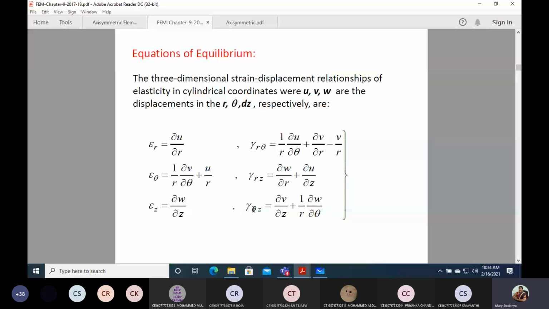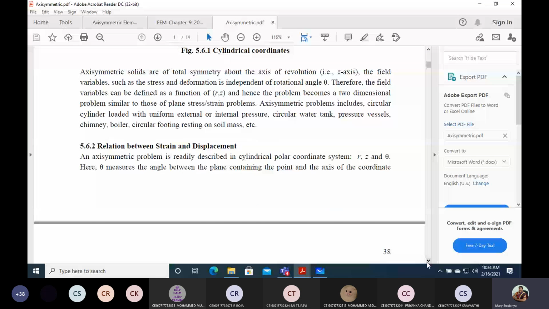So what happens out of this? The terms dou v by dou theta and dou u by dou theta will be eliminated. Wherever dou theta comes, those terms will be eliminated. All right. So the reduced terms you can see in the next slide, in the notes, in the PDF that I've sent to you in the file section.